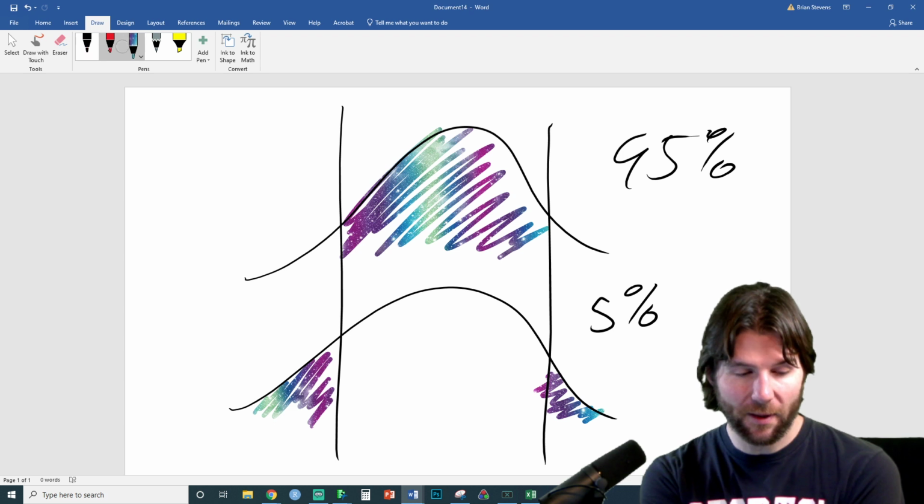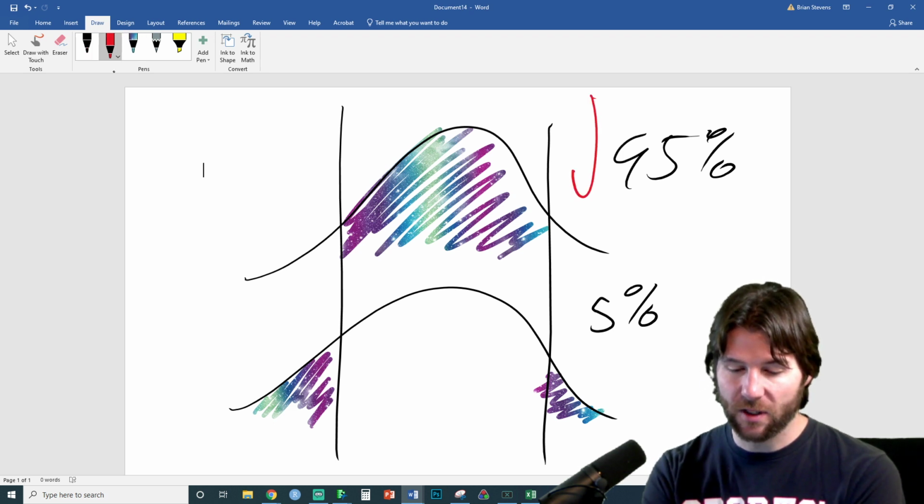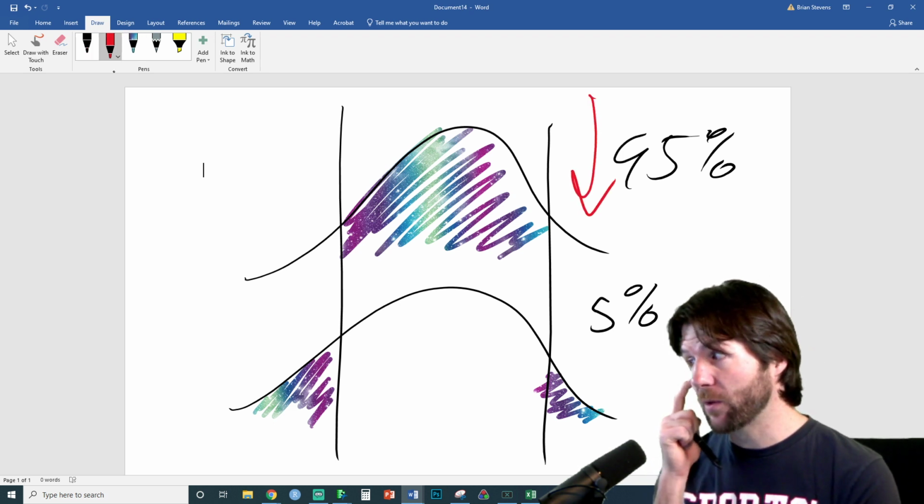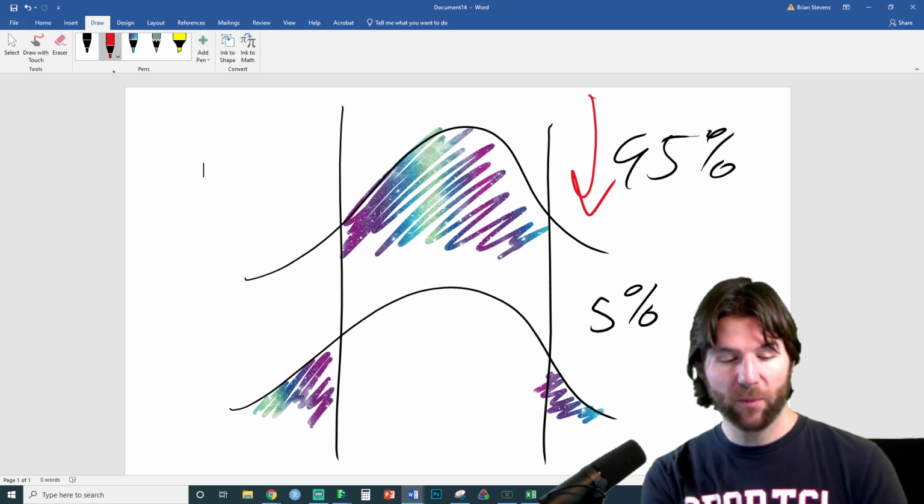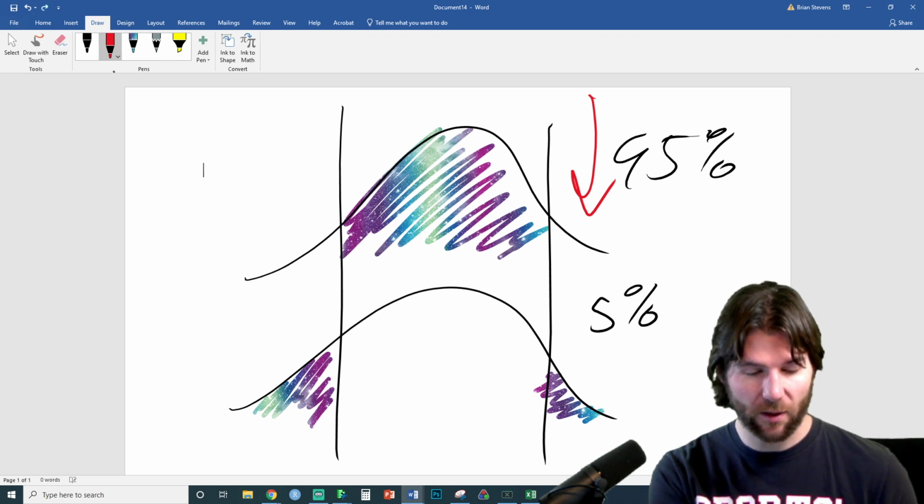Now, when you have something that lands outside of your confidence interval, would that land in the rejection region? So if I were to test, my previous interval was 30. This was a fake interval I just made.